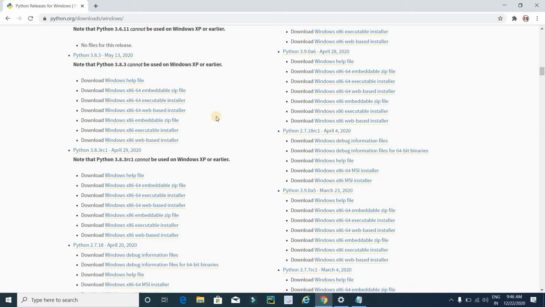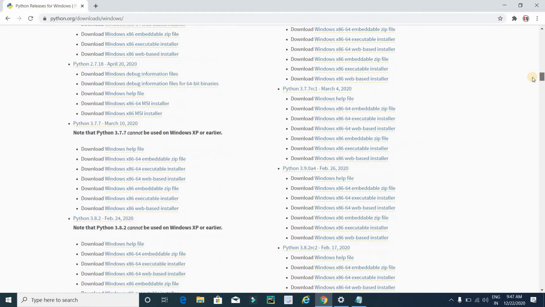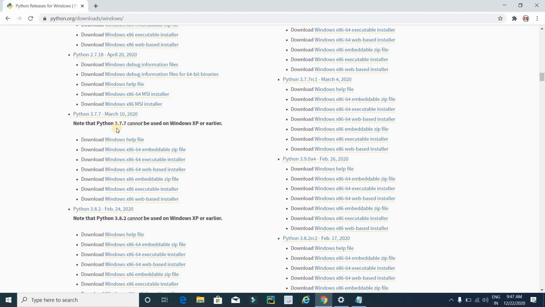But if your system is a 32-bit operating system, then you have to click on the link like x86. For example, if I want to install version 3.7.7 into my system and my system is a 64-bit operating system, then I have to click on this link. But if your system is a 32-bit operating system, then you have to click on this link.